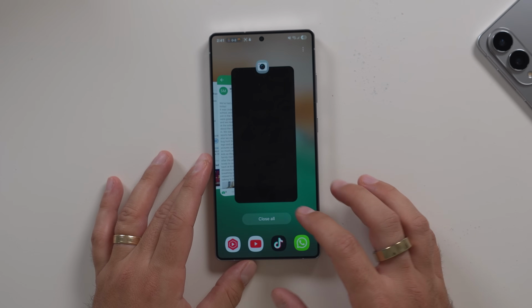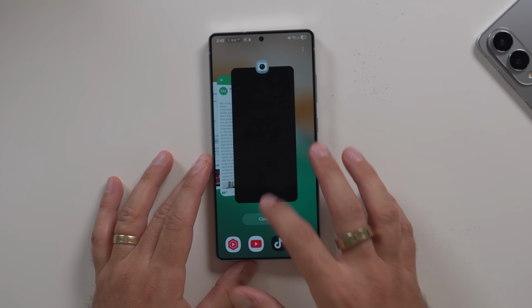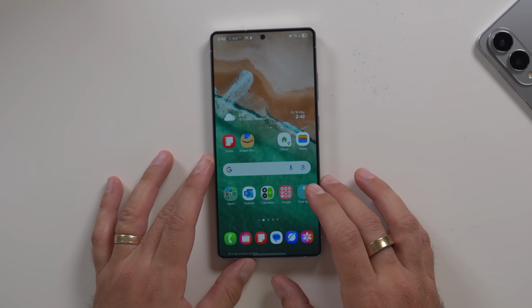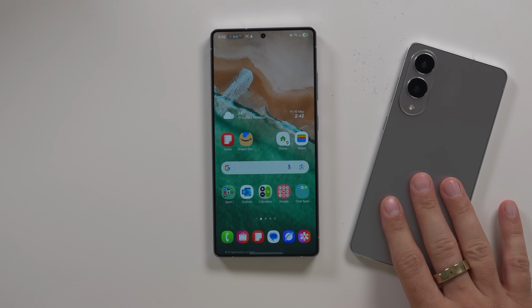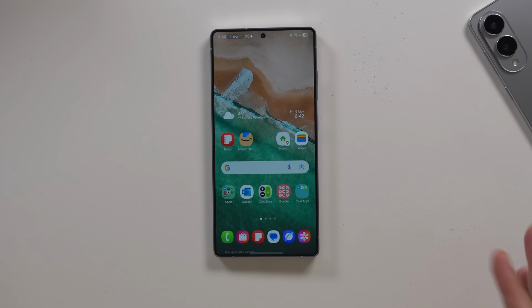Screenshot that. Let's see if it fixed the recent app. It has. Okay, so that was just a small bug. Resetting the phone has fixed it. But I'm pleasantly surprised with how well everything is working. I still haven't got the Good Lock modules, which I'm very, very upset about, but maybe I'll get them set up on the Edge. But outside of that, everything else is really nice. And I think we can look forward to One UI 8 with a lot of confidence.